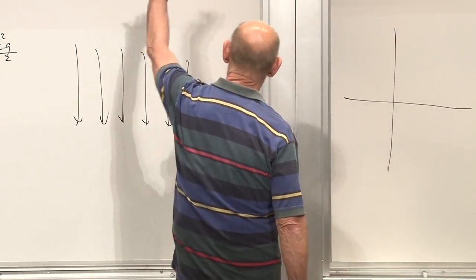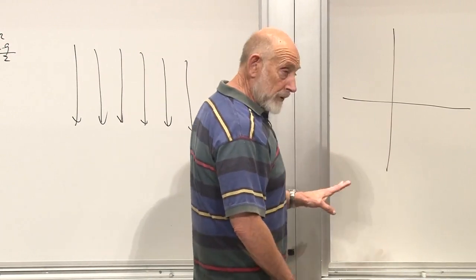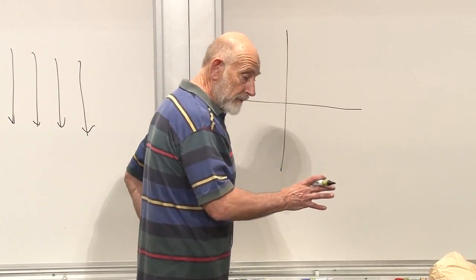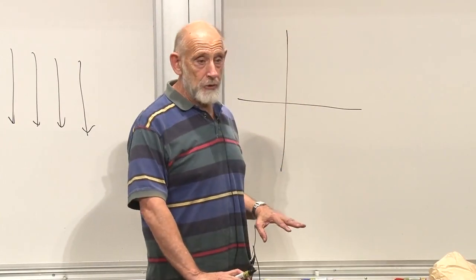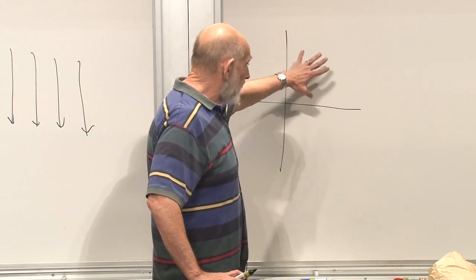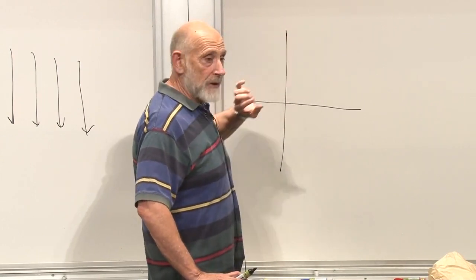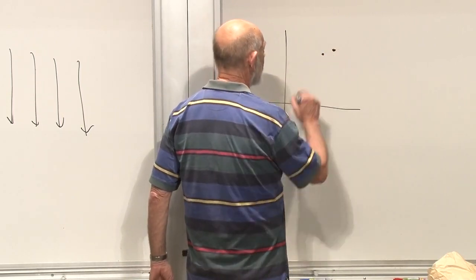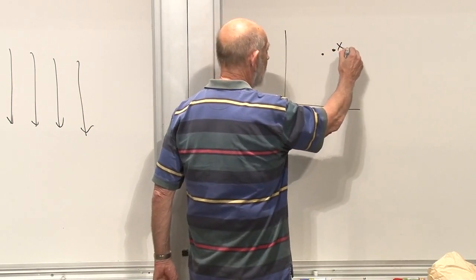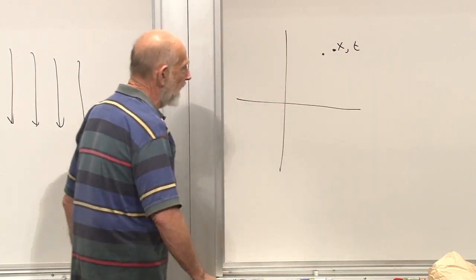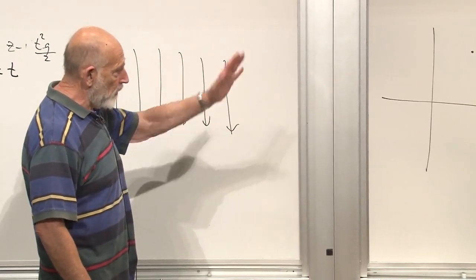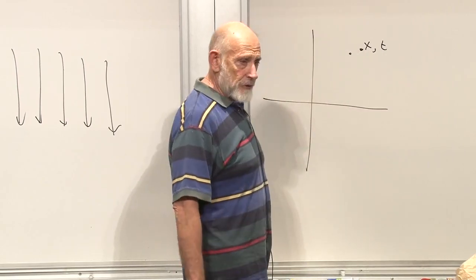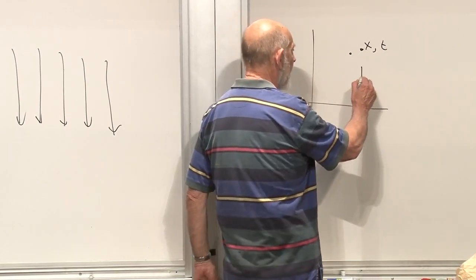We're taking a rest now from gravity, and we're coming back to special relativity. And the only thing we're going to use about special relativity is that space-time has a geometry. The geometry is the geometry discovered by Minkowski, and it has a length element. A length element means any pair of points with x and t. I'm going to use x and t now. Of course, there's also two other coordinates, but let's concentrate on x and t. And the space-time difference, or distance, between 2 points is called ds squared.